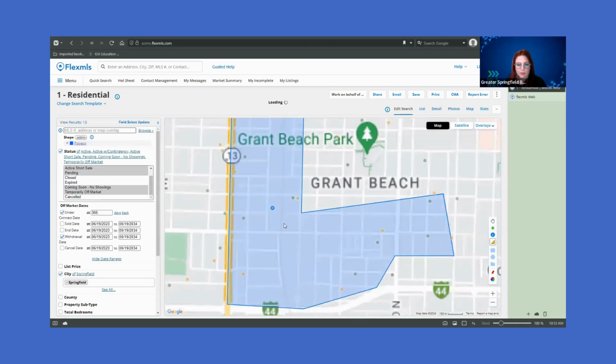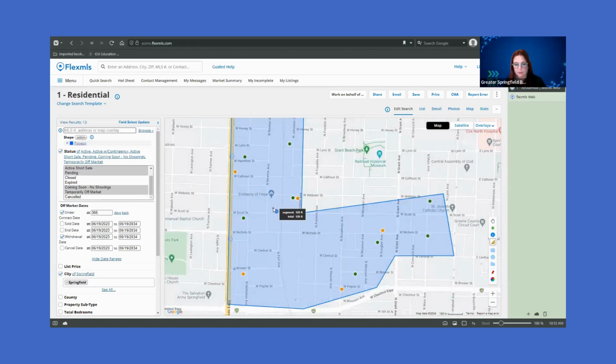When I click on my polygon, I can also, whoops, I got back on the measure. I can give this polygon a name. I can change the color, which is helpful if you've got multiple polygons. I'm going to go here, go to edit, and I'm going to say map area. I'm just going to give it a generic name. And I can change the color. And from here, I can also click Save to Map